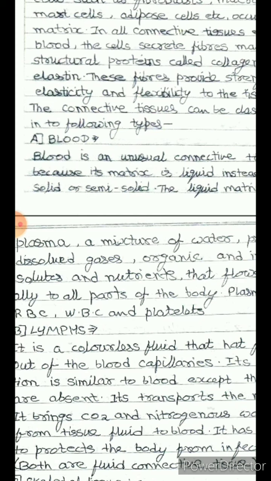In the matrix made by protein and sugar, are present fluid-filled spaces called lacunae. Lacunae contain cartilage-forming cells called chondrocytes. It is present in the tip of nose, outer ear, joints, between adjacent bones of vertebral column, limbs, and